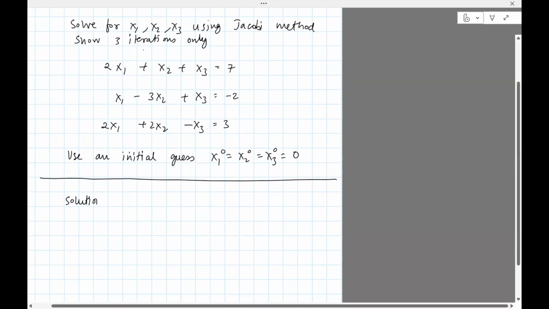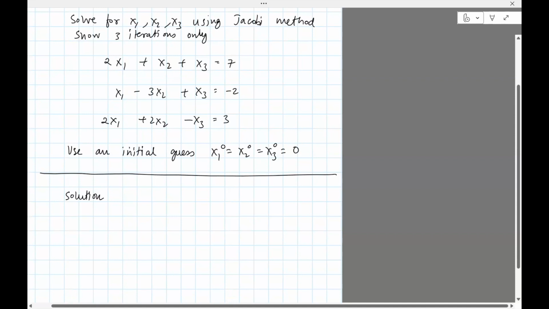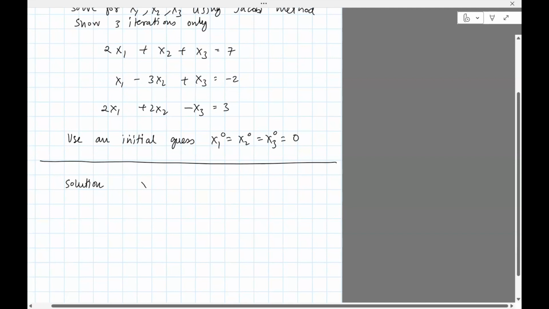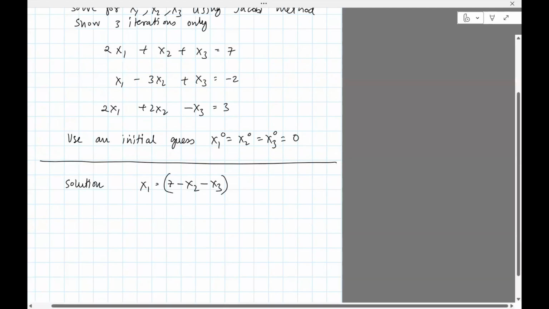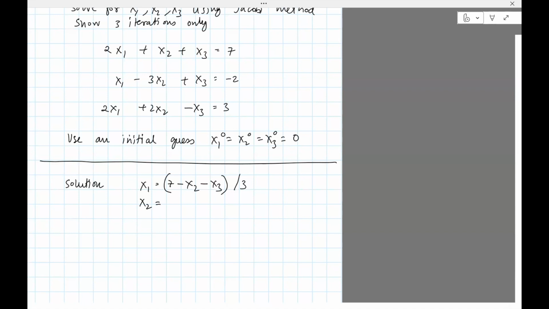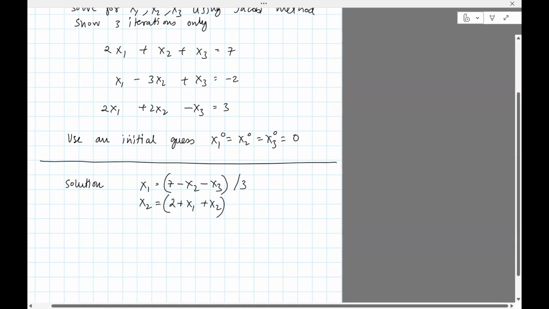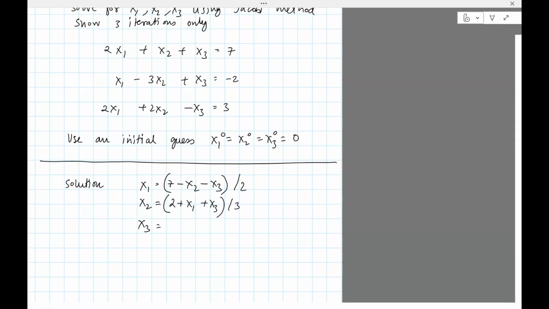Here's the solution. Okay, let's write it in the form where we can easily do the substitution. So that form is x1 equals 7 minus x2 minus x3 divided by 2. x2 equals 2 plus x1 plus x3 divided by 3. Then x3 equals